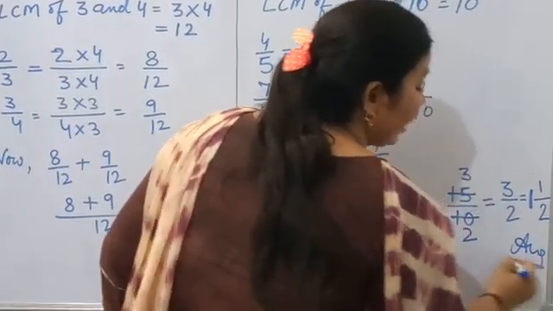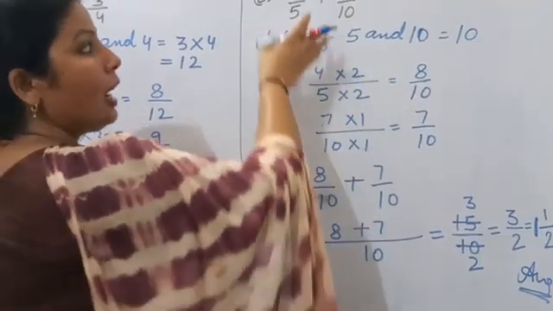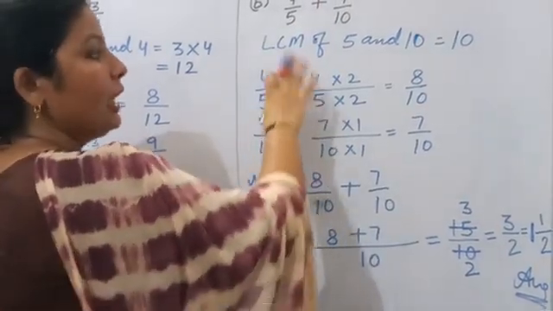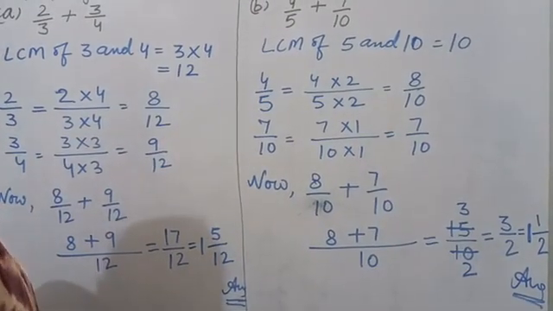Okay. So like this you will do. In C part you have same denominator. So वहाँ पे आपको LCM कुछ नहीं निकालना, आपको common denominator ले लेना है and then you will do plus. Okay. Now question number 3. Subtract by finding the common denominators.